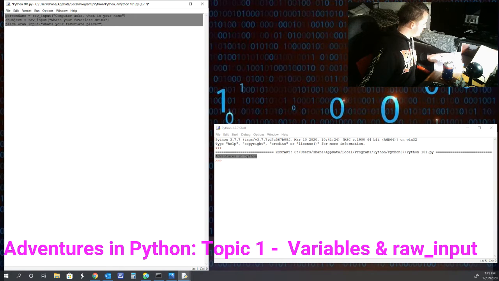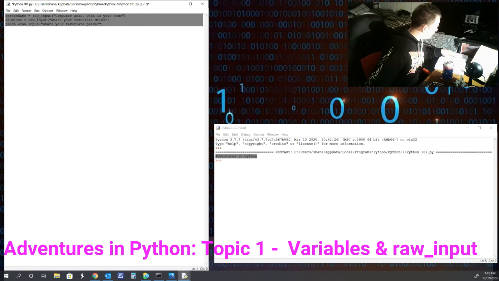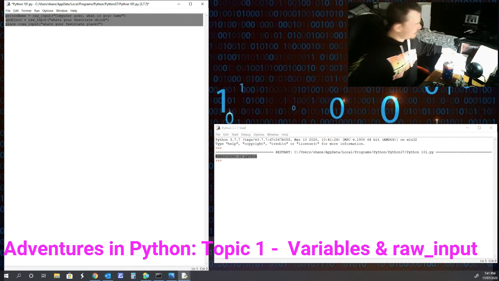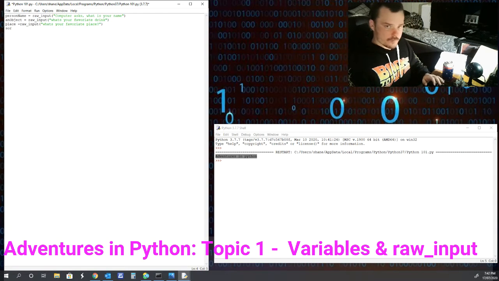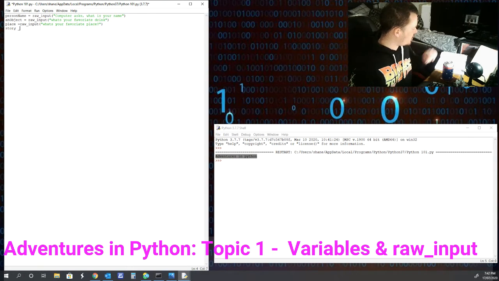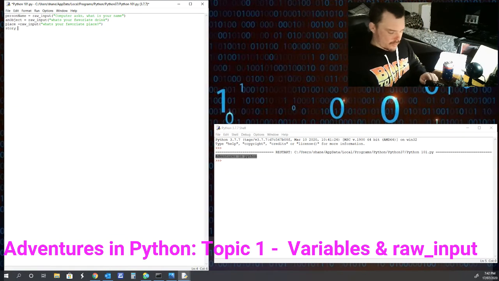Now I believe what we need to do is enter a print command. Well, first we've got to enter in the story. So I'm going to put in a variable story, and this is going to be the story that the computer prints. So story is going to equal person's name. So we're going to type in the variable up here. So the story equals person's name